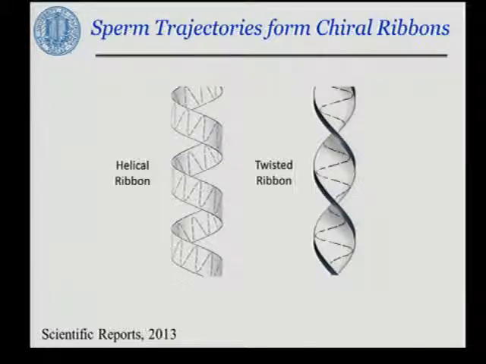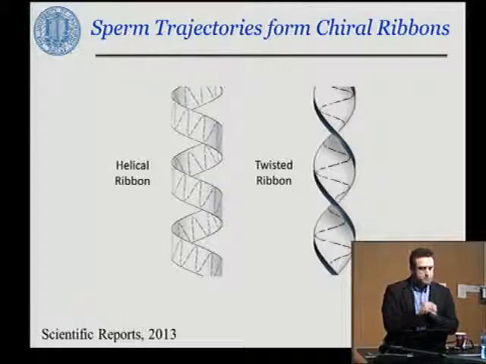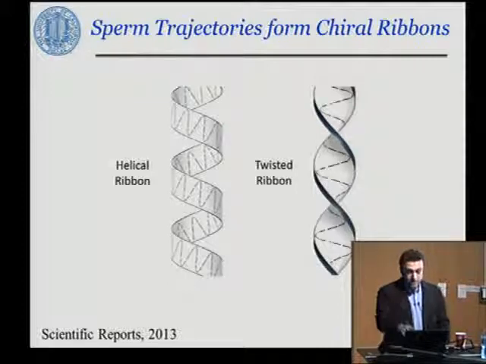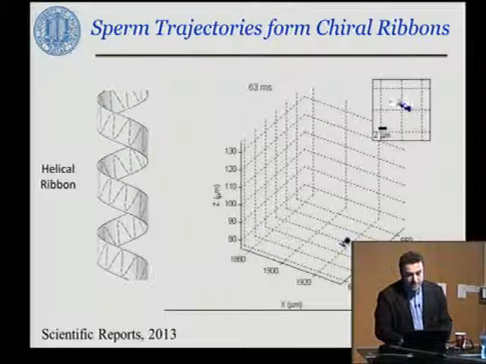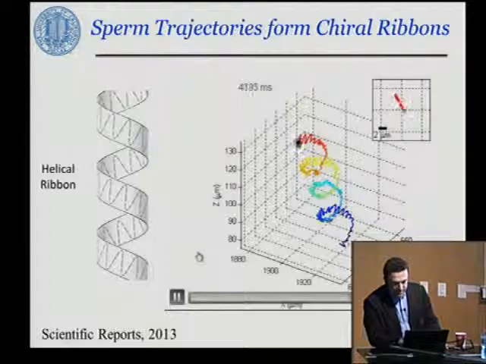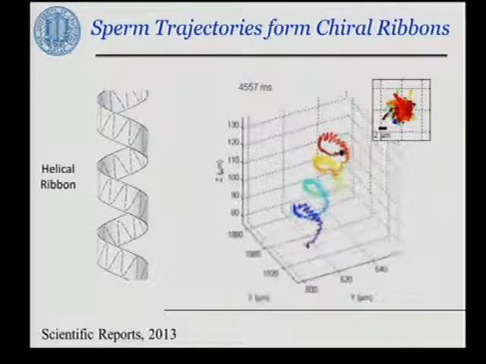But over the last year or two, we've looked into other species beyond human sperm. In this case, looking at horse sperm, we were able to discover some new patterns. These are ribbons, chiral ribbons, we call them. So you have a sinusoidal, zigzag pattern on a plane. Very simple modulation. But that plane itself is twisting in the form of a twisted ribbon or a helical ribbon. This is actually a horse sperm that we're recording over 4 seconds. And it's connected to this beautiful helix, as you can see here. It's soon going to rotate and give you the perspective of the sheet and how it's conducting this sinusoidal pattern.